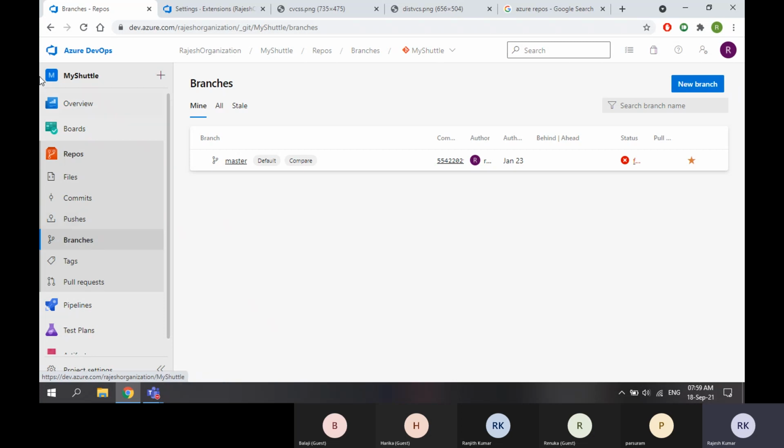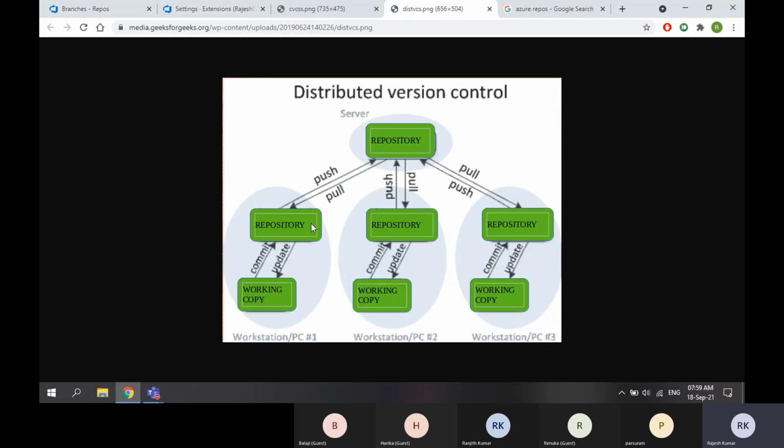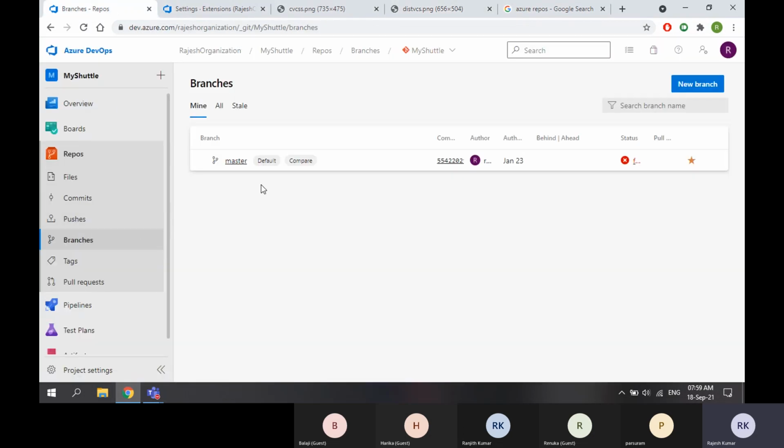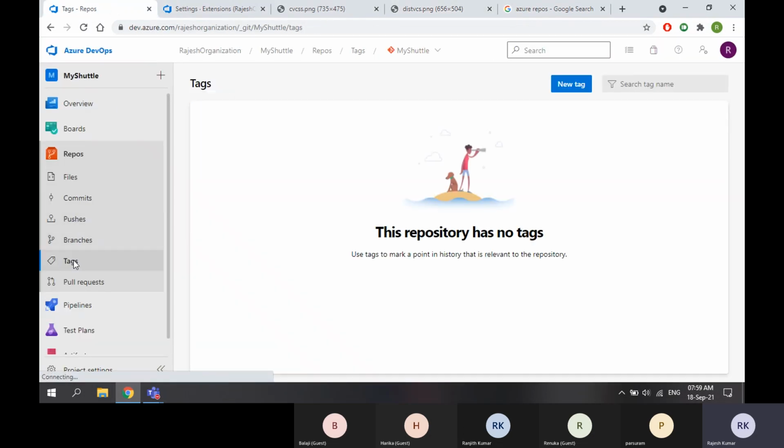It's not in the central system. See, like this. You got the repository in your local. Again, you can create multiple copies of the same repository within your system so that multiple users can use it. Don't get confused. When I go into the topic, I will explain it to you. So that is branches.